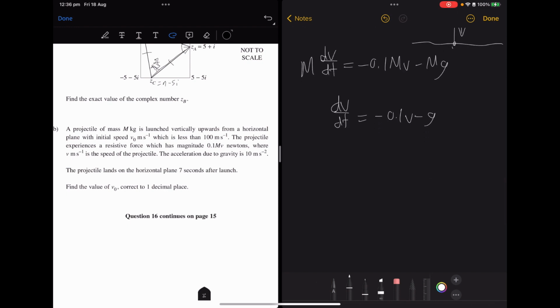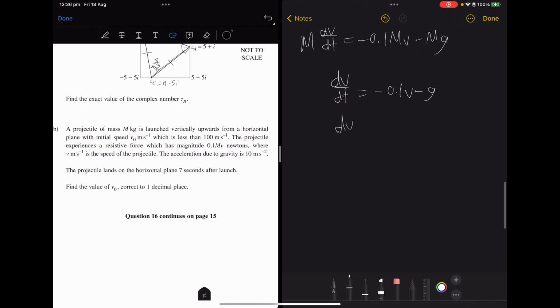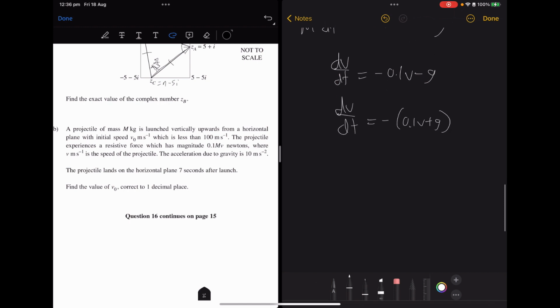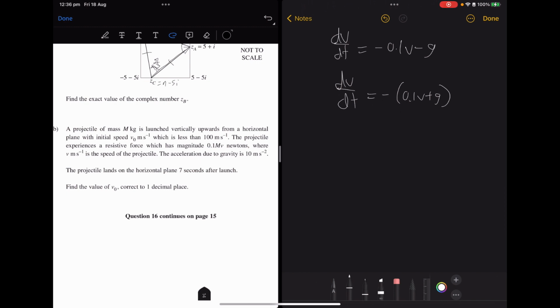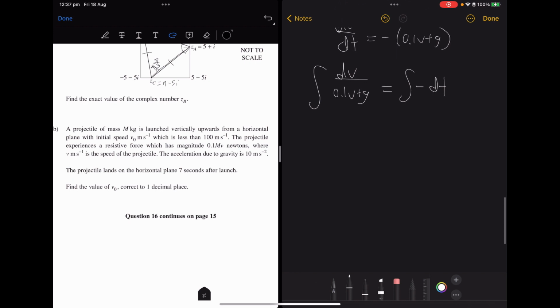So I'm just going to factorize out the negative and leave everything else as it is. So negative (0.1 v plus g). So bring it to the other side. So the integral of dv over (0.1 v plus g) is equal to the integral of negative dt,